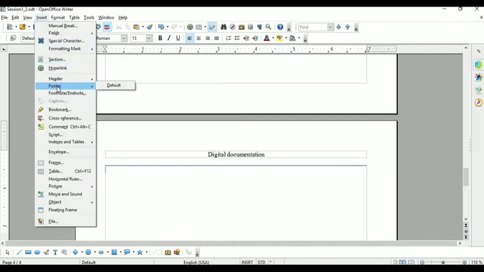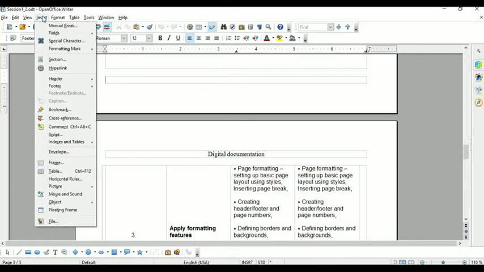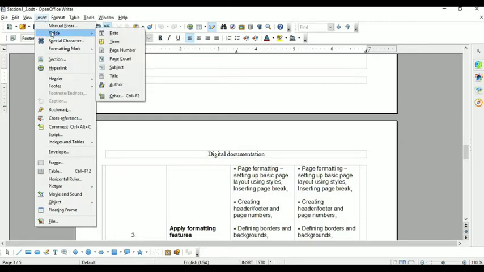So the footer you can insert, again the same thing. Go to the Insert tab and select the Footer option, select Default. Once you click on Default, your footer will be inserted like this. And here in this footer, you insert the page number. Now you can insert the page number. Again, you have to go to the Insert menu and select the Fields option.